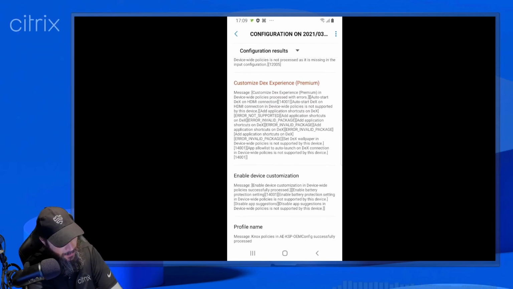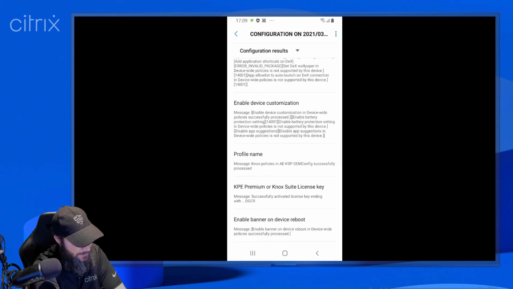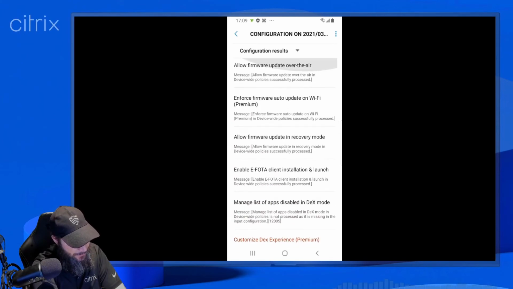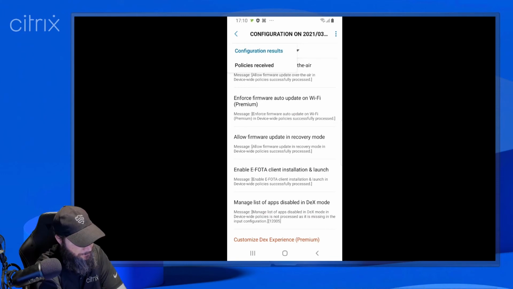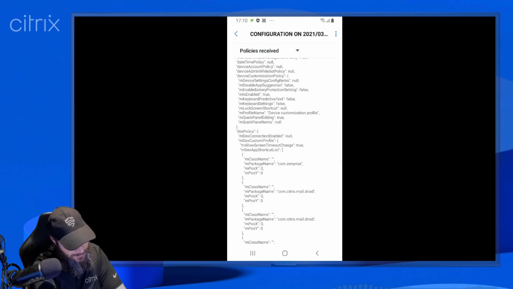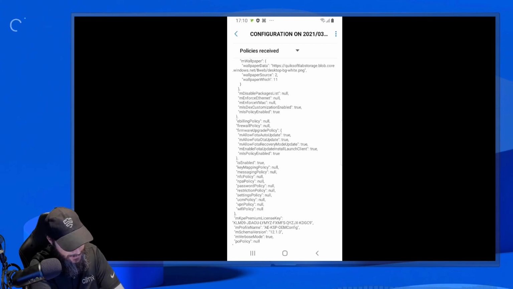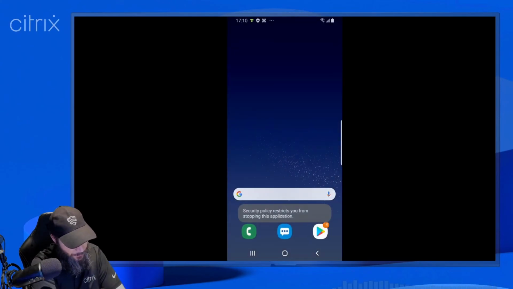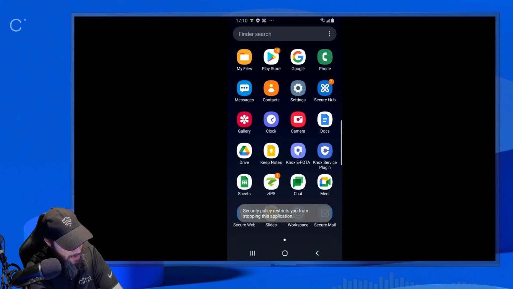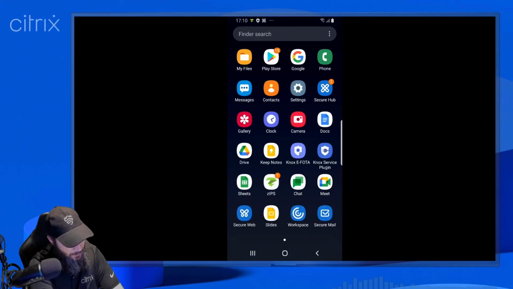You also see in the color red the errors that were because the API is not supported on this device. So for example, the DeX customization is not supported on this device. So this is how that looks like. You see the policies received. So this is the file itself. So that's really cool. We see that works also. You see all the other applications installed, and